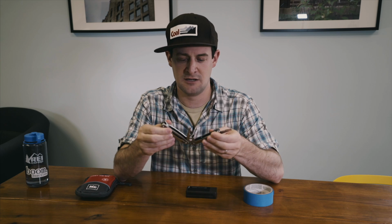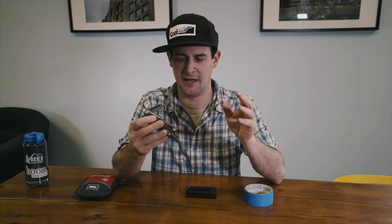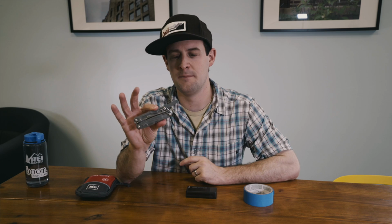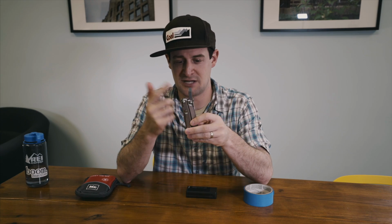Not yet the cause of any of those injuries, I always keep a multi-tool. And this has pliers and a knife and a handful of other things in it, but most importantly, it has a flathead screwdriver, and I never put the screwdriver away. It is always stored in my bag like this, because my tripod plates that I mount onto the camera so that I can switch between my sliders, my jibs, my DJI Ronin, all those things have a screw head on them, and some of them have little things to help you twist, but you can never really get them sturdy enough to where I need them, and so I bring a screwdriver,